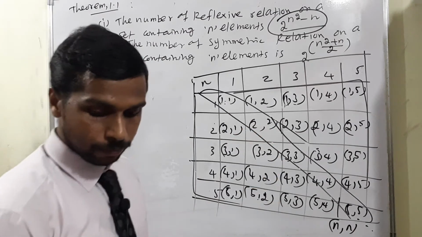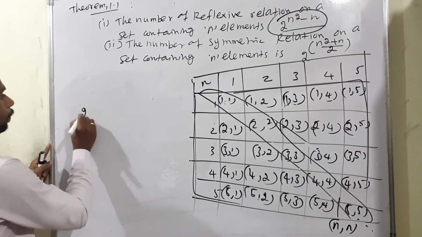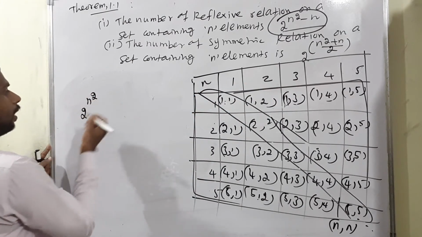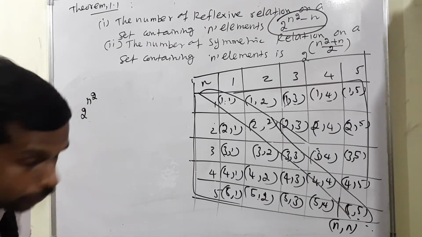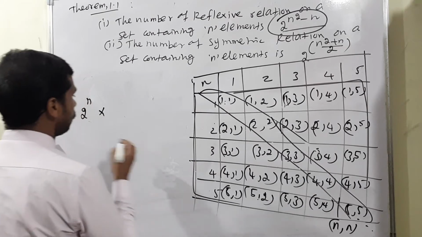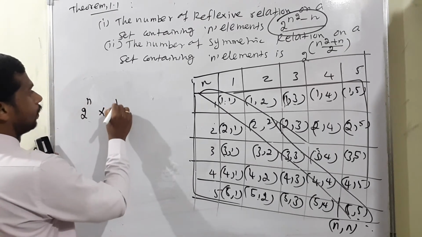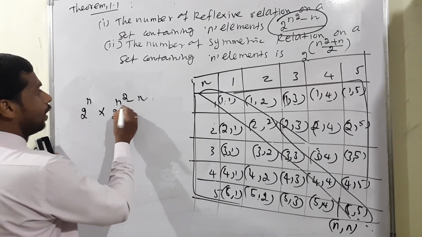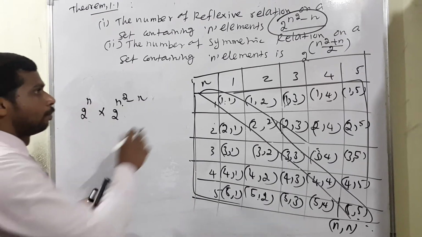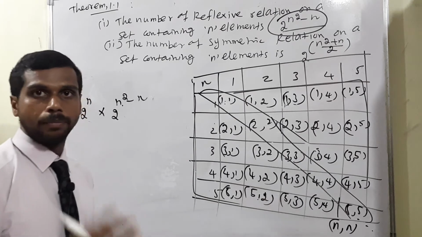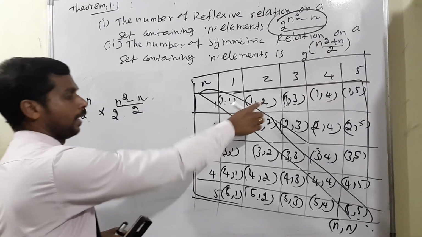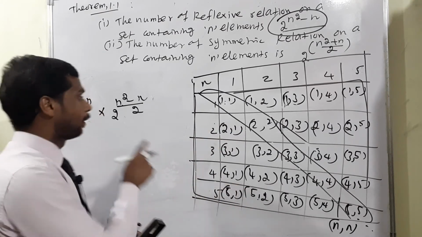So the symmetric form: the same condition, the opposite side is there, so definitely we can say 2 to the power n, into the rest of the elements, again 2 to the power n square minus n. Why are we taking the minus n? Except this term, because for symmetry, the upper triangle and lower triangle are counted 2 times. That's why we are dividing by 2: upper triangle 1, lower triangle 1, both added means 2 times.